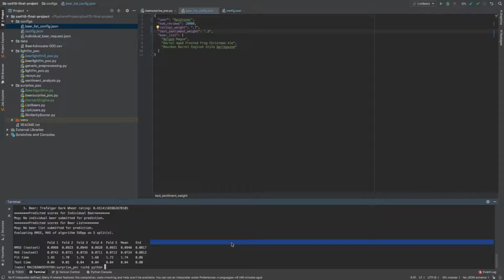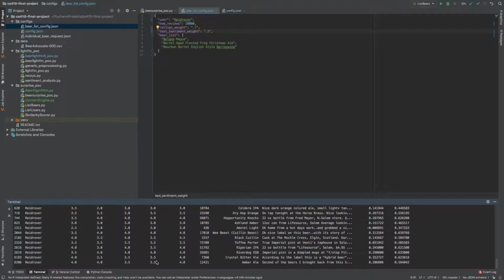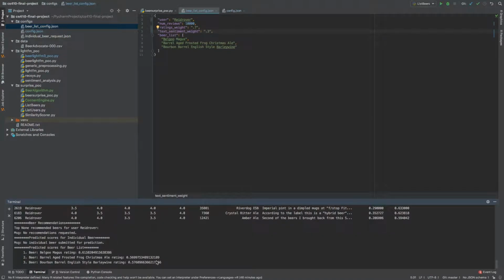So Python beer, and then now I'm going to pass in this beer list config JSON, and now I'm going to rerun the program. I'm just going to go through. Again, it'll also show what Reed Rover's previously rated in terms of the beers that he's reviewed. And then now you'll see that instead of beer recommendations, it's actually giving me a score for these set of